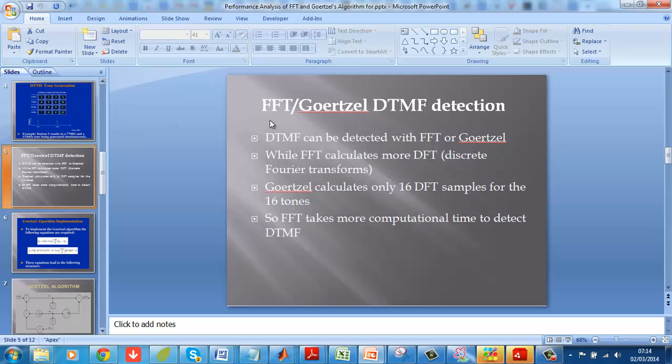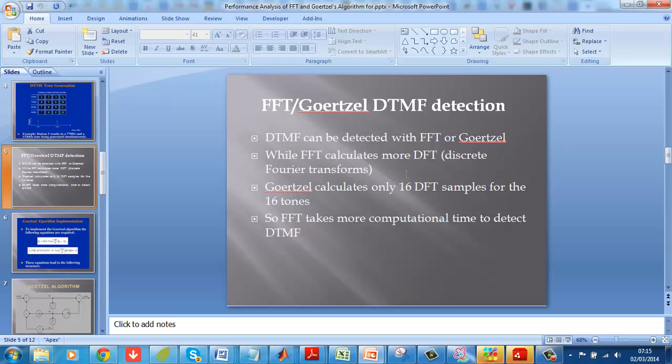So let's look at the two algorithms, FFT and Goertzel. DTMF can be detected with FFT or Goertzel. Any of them can be used to detect DTMF. But the problem that we discovered from this comparison is that FFT, the fast Fourier transform, is going to calculate more discrete Fourier transforms. Basically, both the Goertzel algorithm and the FFT use what they call the discrete Fourier transform. You don't need to know much detail about that, but it is also